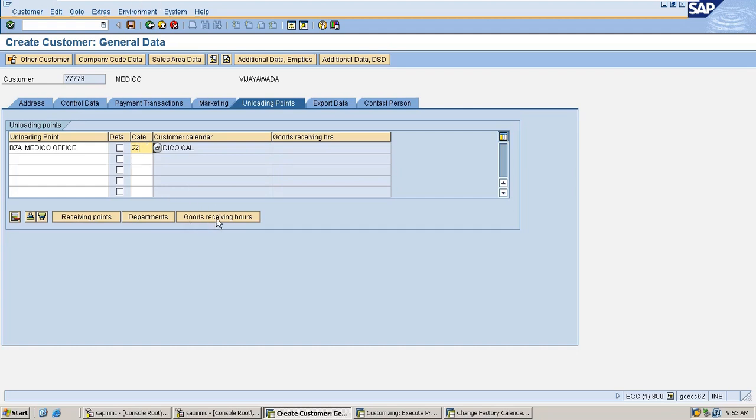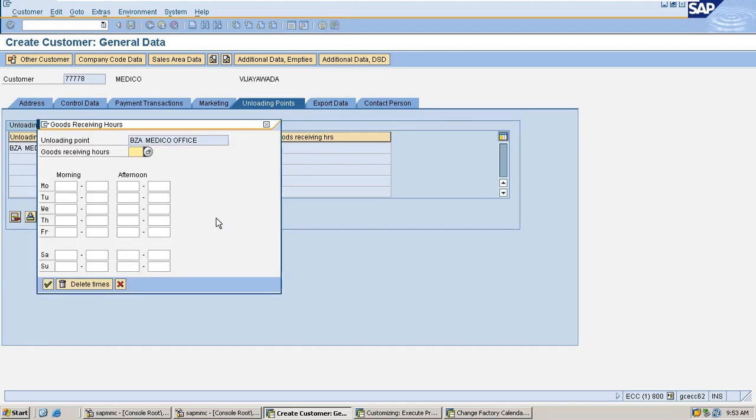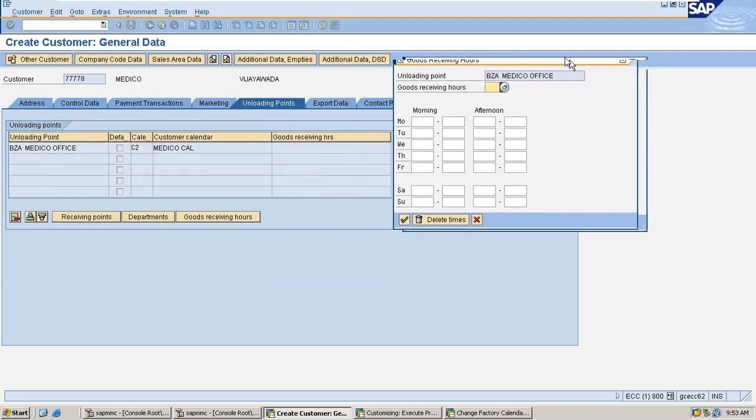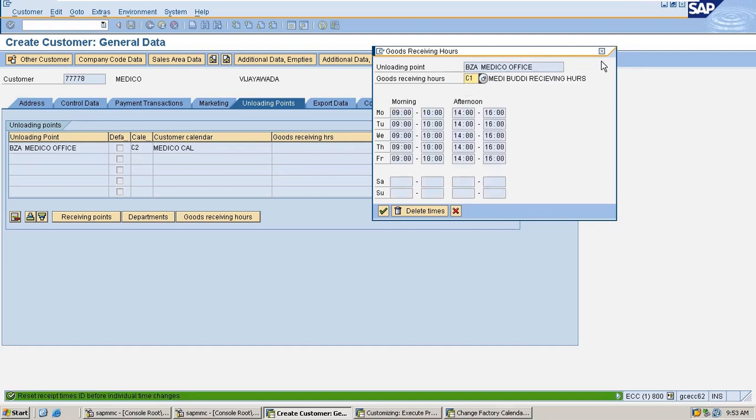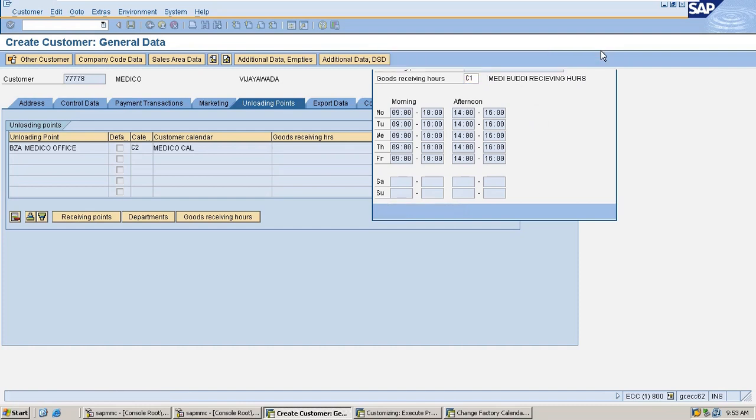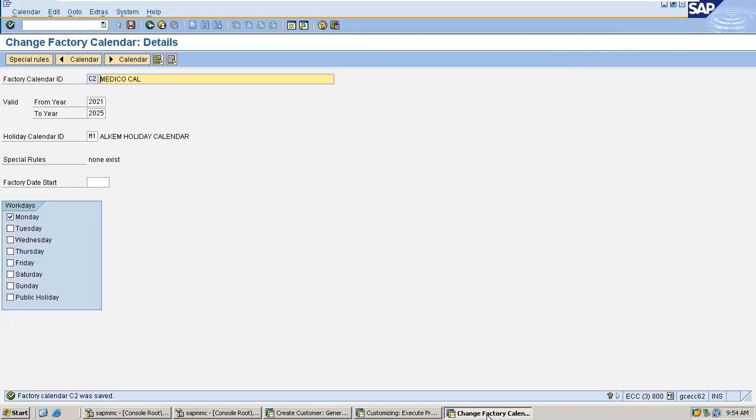Then the next one is goods receiving hours. At what time would the customer like to receive the goods? Here I have already defined C1, and if you want, I can define new entries also.